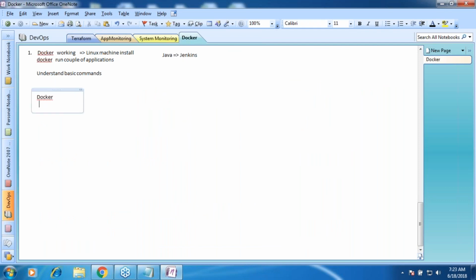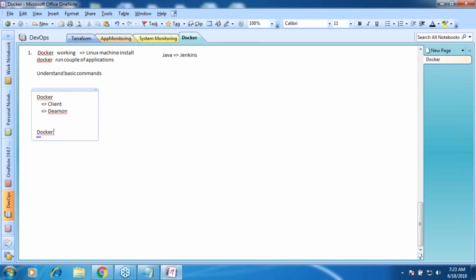Docker has two components to it. What are they? Client and server, or you can call it the daemon. Generally in the Linux world, we call the service a daemon. For the people from Microsoft backgrounds, a daemon is much like your Windows service, right? It runs in the background continuously, or has the capability to start on its own when your system is started.